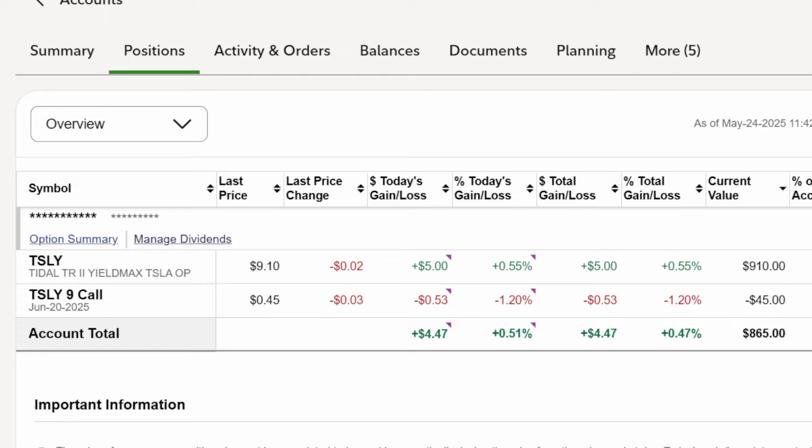Today I want to talk about a new buy right position I just opened up on TSLY. So let's go ahead and dive into it here. Unfortunately, the options market for these YieldMax funds is not the greatest. However, I was able to get filled for this position, as you can see here, a $9 call expiring on